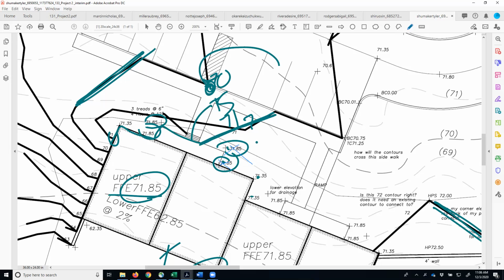Okay, so lower elevation for drainage. Yeah, I figured that out. That was just a note to myself. Note to yourself to do it. Okay. Yeah. Okay, so I guess if you zoom out a little bit, I kind of tried to connect this